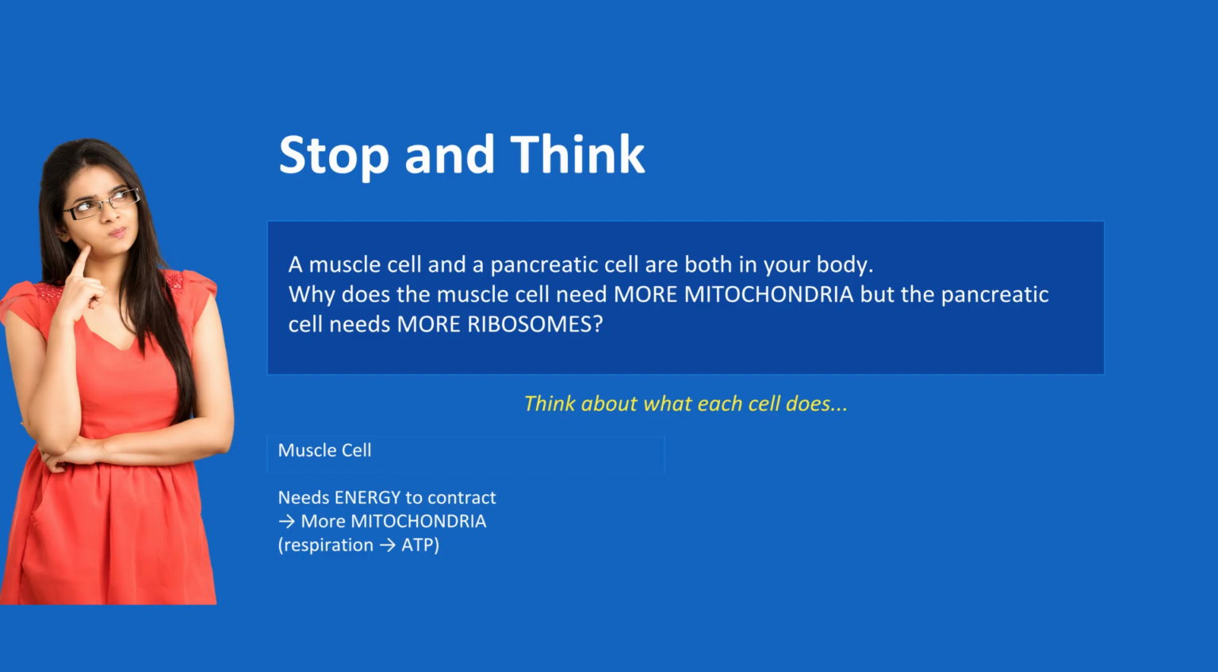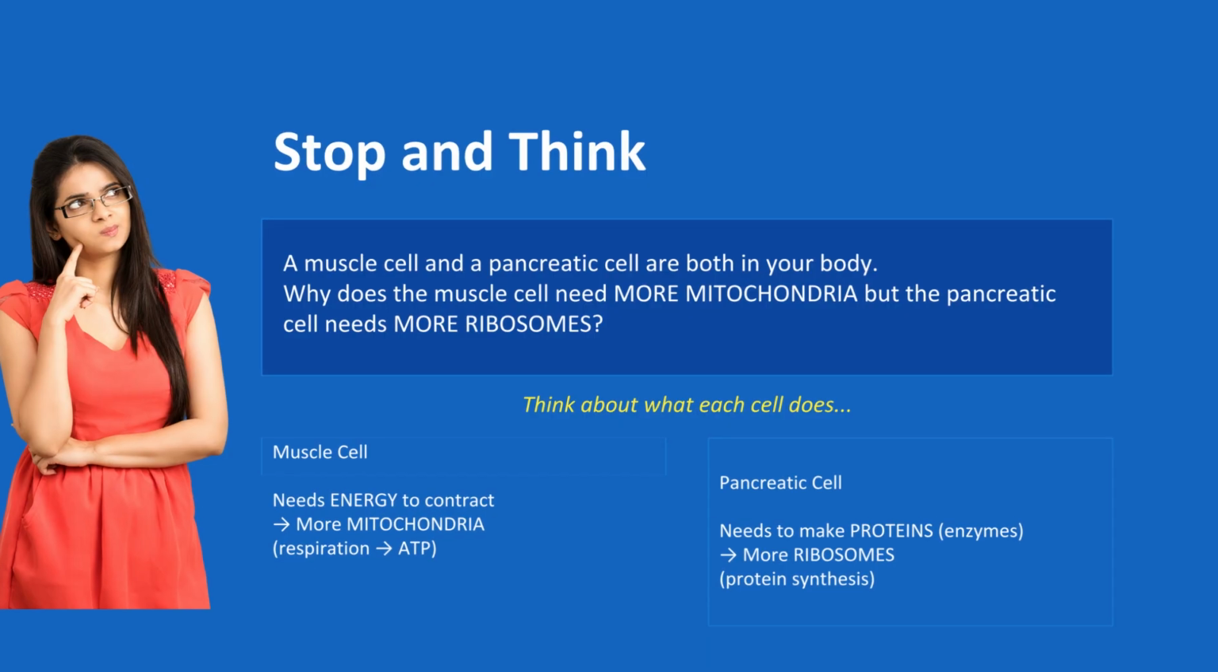The muscle cell needs energy. Energy comes from aerobic respiration in mitochondria. So more mitochondria, more energy. And the pancreatic cell makes digestive enzymes, and these are proteins, and proteins are made by ribosomes. So more ribosomes, more proteins. This is exactly the kind of thinking the examiner wants to see. Always connect